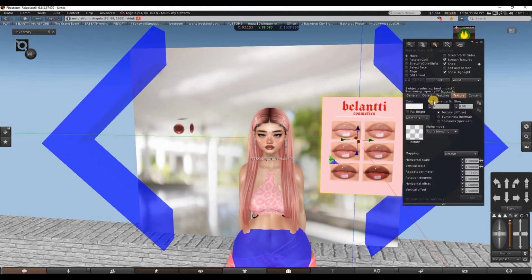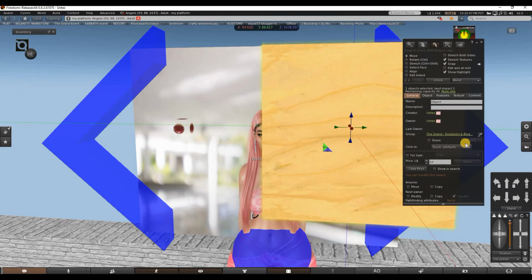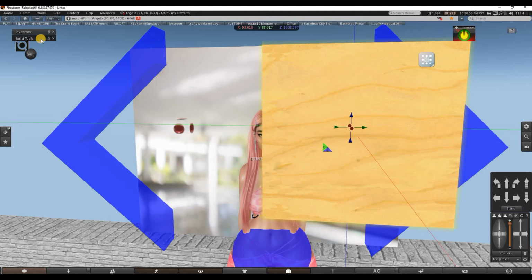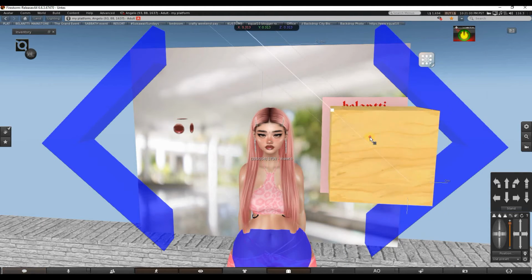What you should do right away, it's important, click on copy and remove transfer, because if you don't make a copy for the next order, when people buy it, it's gonna disappear from their folder. So make a copy. Okay, now we're gonna click on this one, make a new prim, click copy right away. It is important because once I forgot and my bloggers could not blog it because it disappeared. Lesson learned. Now we're gonna click stretch and make this smaller